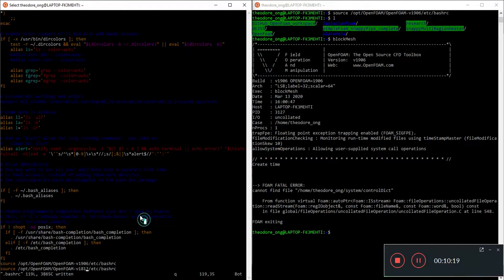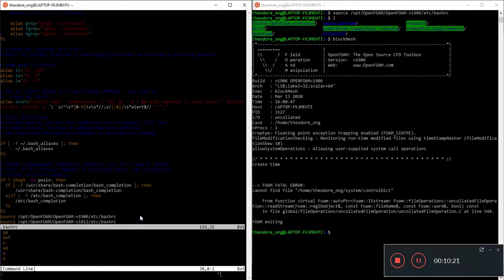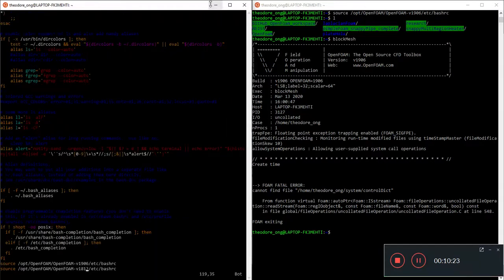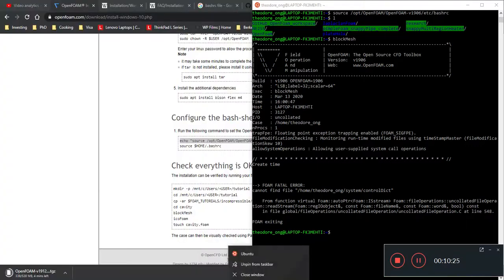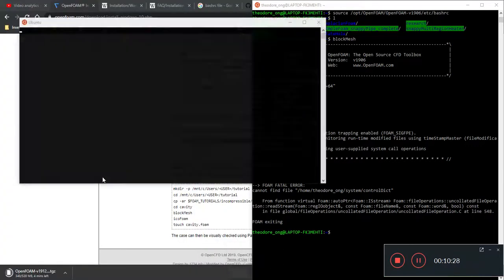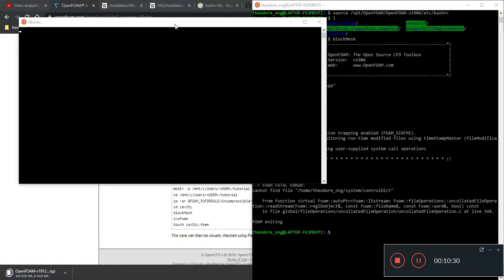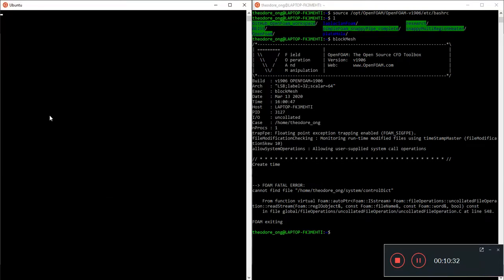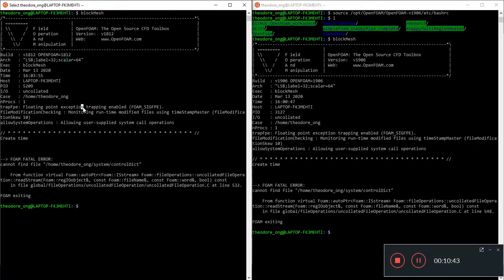So when I start a new window, you can close this, and I run blockMesh,